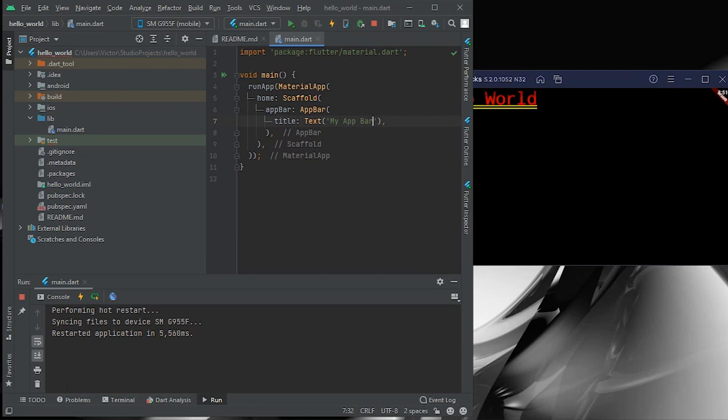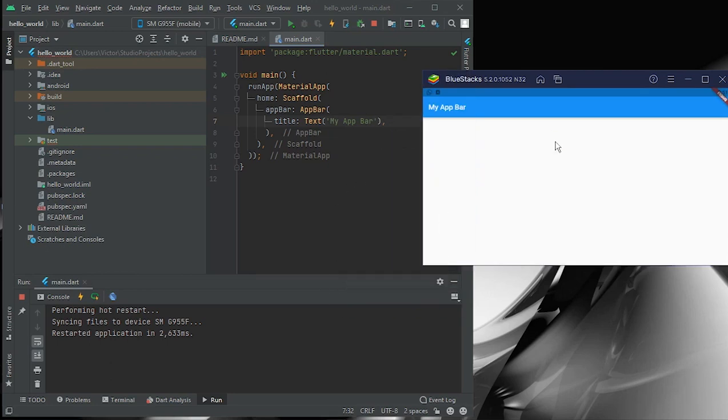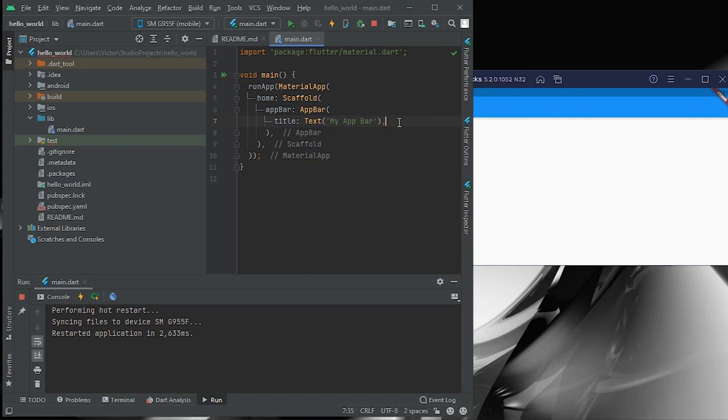And save this. I'll be doing a Flutter hot restart to check what I just did, and you should get it here right now. Yeah, so you can see how simple this is. You got your app bar immediately. This is not the only thing we'll be adding here. All these widgets are actually inbuilt widgets given by Flutter material. So we'll move out of our app bar, and then let's see what else we need.